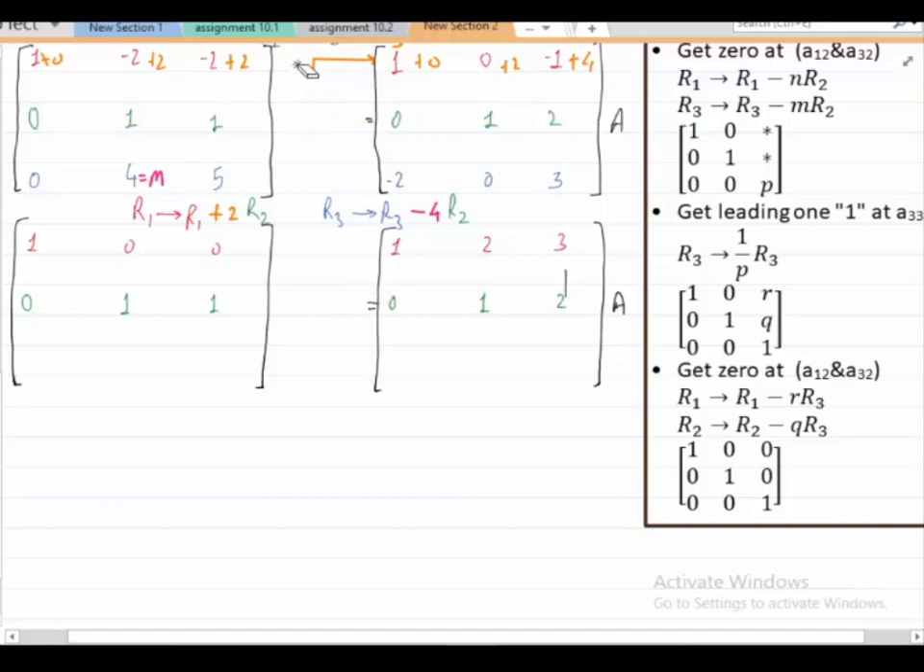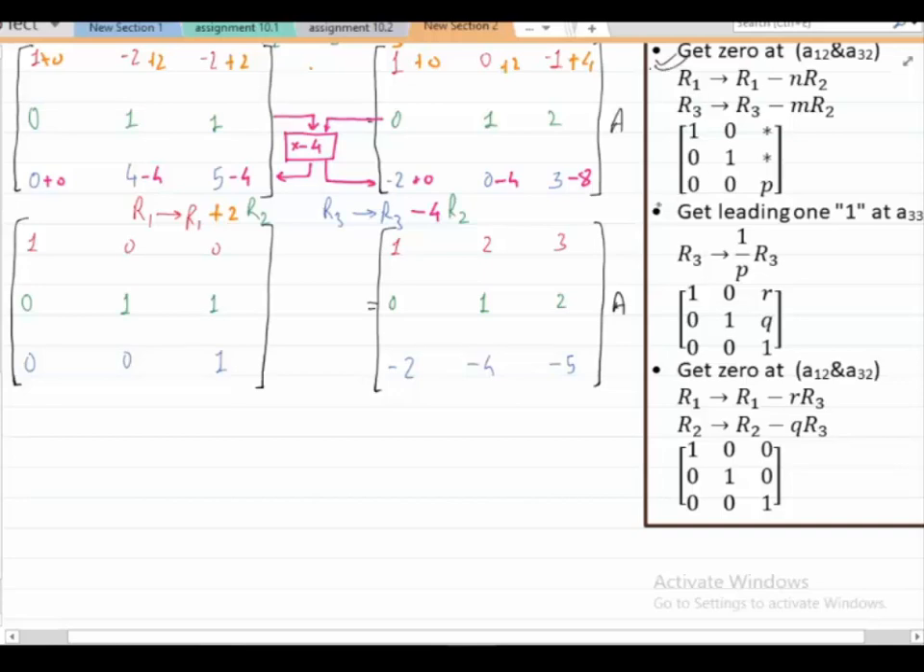Now let's get the third row, which is transformed by R3 minus 4 R2. That means we have to multiply the second row by -4 and then add to the third row. 0 into -4, 0, -4, 1 minus 4 is -4. Same thing on the right side will give us 0 into -4, 0, 1 into -4, -4, 2 into -4, -8,